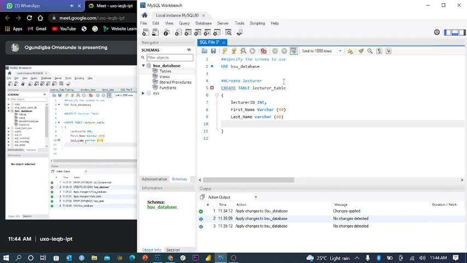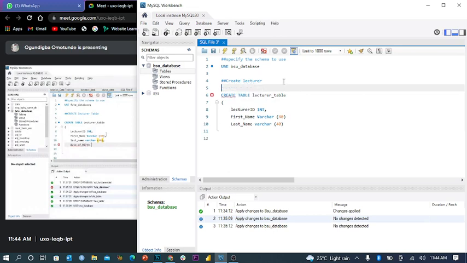Last name, data type is variable character. You also want to put date of birth of lecturers. Date of birth, so the data type will be date.